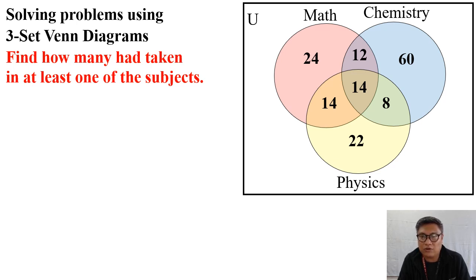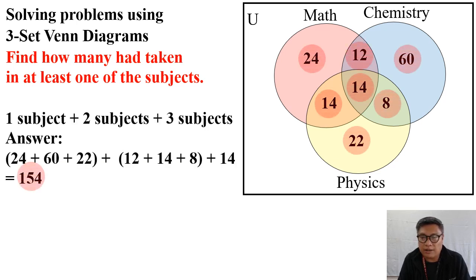In short, we are going to add all of this. So 24 plus 12 plus 60 plus 14 plus 14 plus 8 plus 22, that would be the number of one subject plus the number of two subjects taken plus the number of all the three subjects taken. So all we need is to add all of those numbers that we found, then that would be a total of